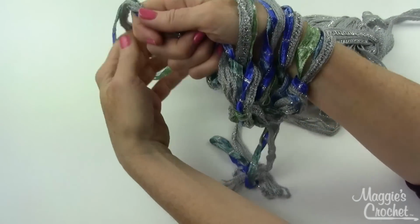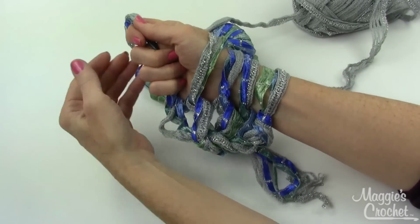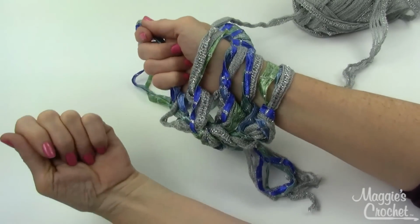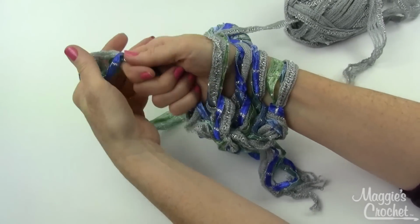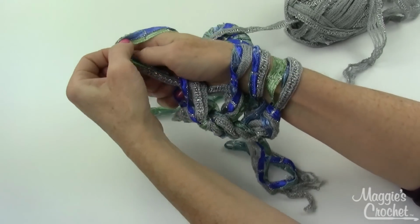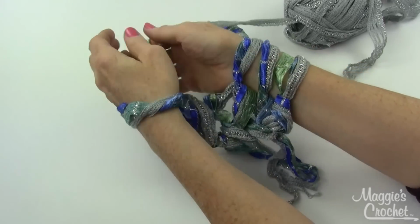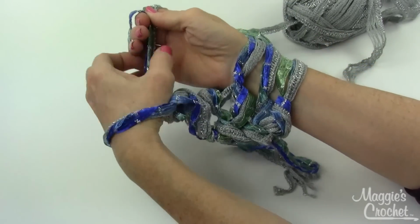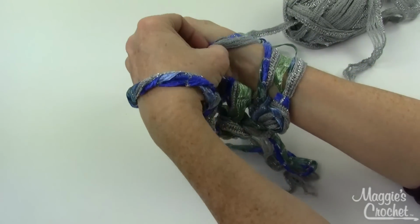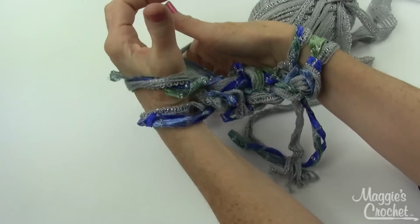So now you just go back and forth. The loops will go back and forth on your opposite arm. So now working yarn in my hand like this, loop drop off, new loop over here, and then tighten, working yarn here, this loop off, new loop over here,